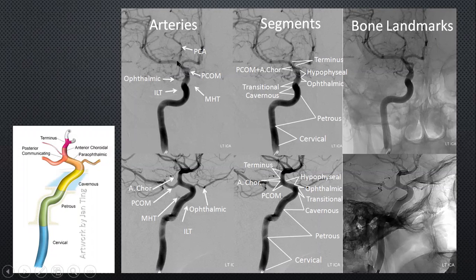But the PCOM itself, as we know, is a branch coming from the internal carotid artery. It's just superimposed on the carotid termination. And then subsequently the artery which is just distal to the PCOM is the anterior choroidal, which is the small artery which has this characteristic bend on itself, and then slight increased density as it enters the choroidal fissure, and then the temporal horn. And so that's the anterior choroidal itself.